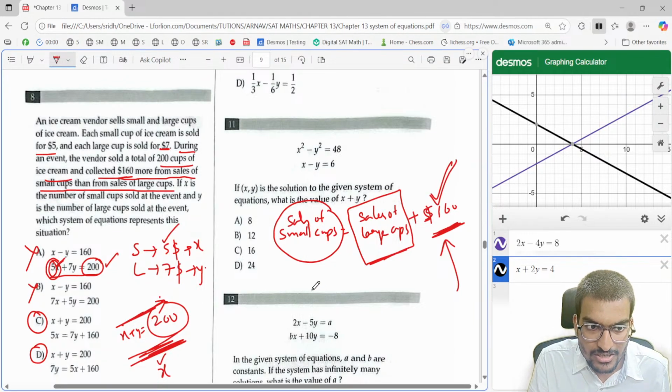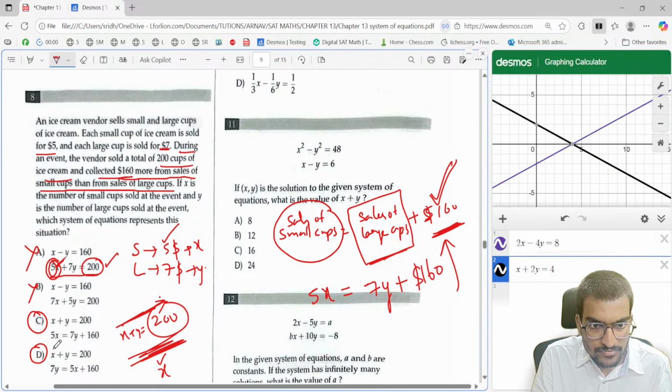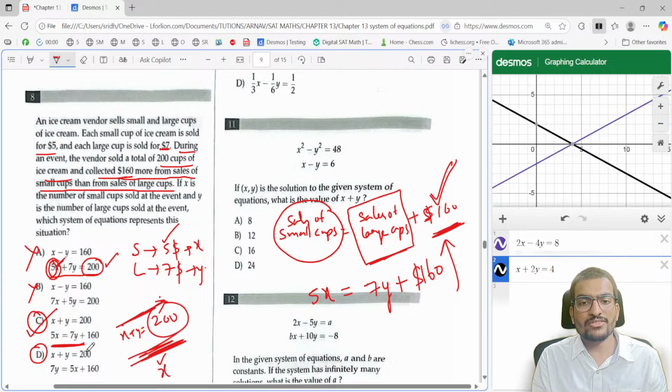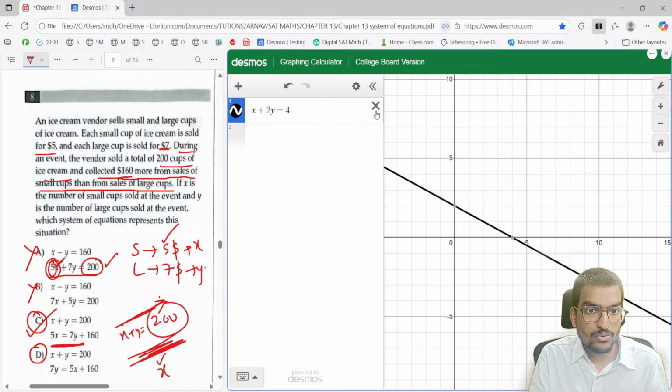So small cups is 5x, that equals large cups, 7y, plus $160. So that's going to be option C: 5x equals 7y plus $160. Got it? Or else, if you still have doubt and can't pick, and you are having a doubt between C and D,